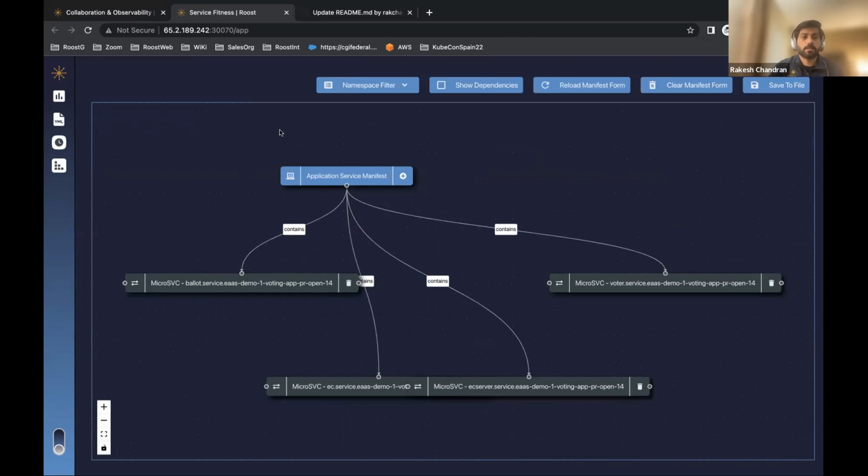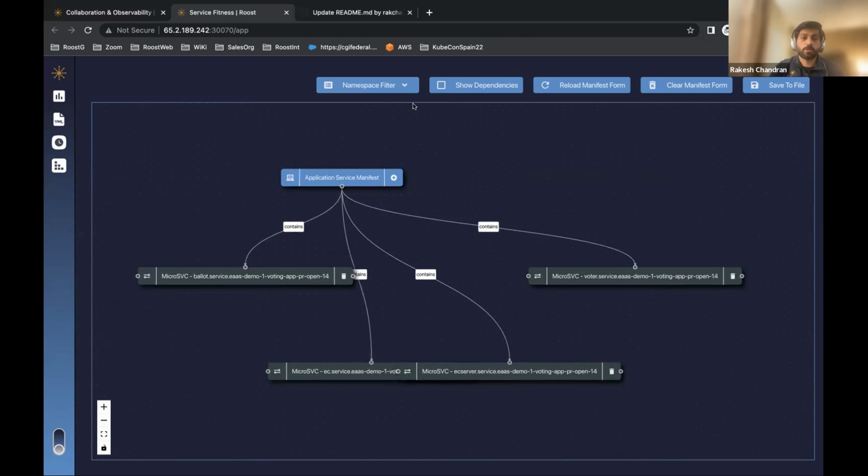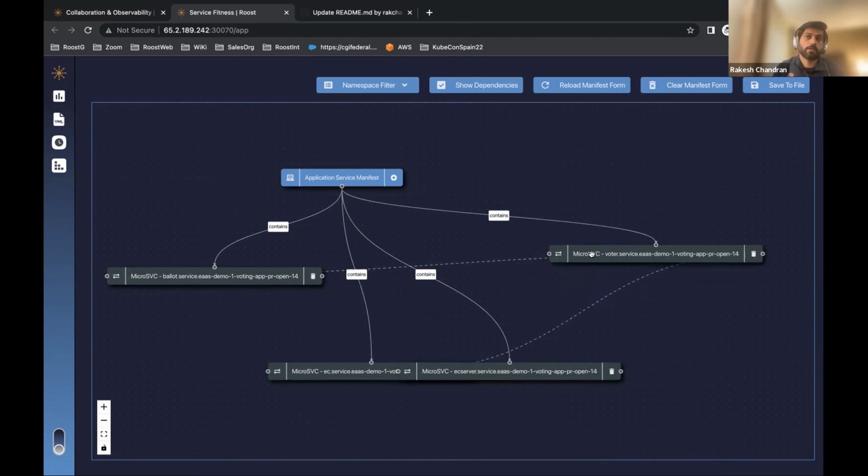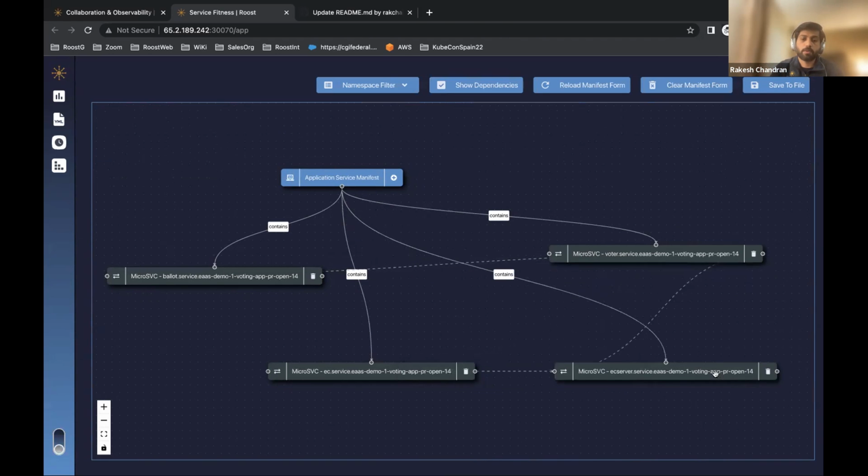And this is another aspect in which I talked about the dependencies. For this specific deployment, we deployed 4 services, and it shows a dependency graph. So this is what I told you. Next time, whenever a change happens, Roost automatically identifies what service is dependent on what. So if, for example, we make a change in one of the services, it will automatically detect, oh, this is dependent on service A and B. So it will do the testing for those services as well, so that you don't have to face any issues about the dependencies from production.